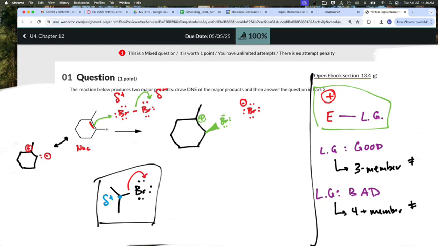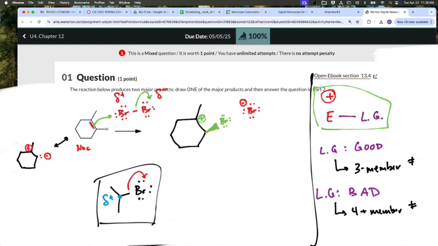The negative bromine should be able to come in where? On either side, because it's a carbocation, and a carbocation is stored in a p orbital, which is both in front of the molecule and behind. Which means if we look at this mechanism, we should get a whole bunch of different products, but the most